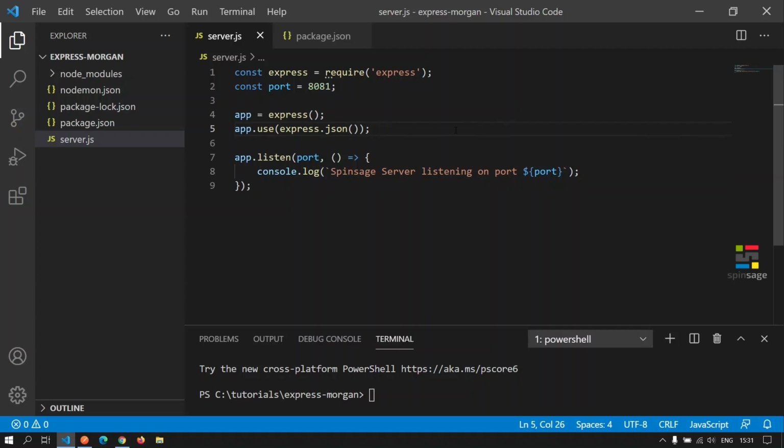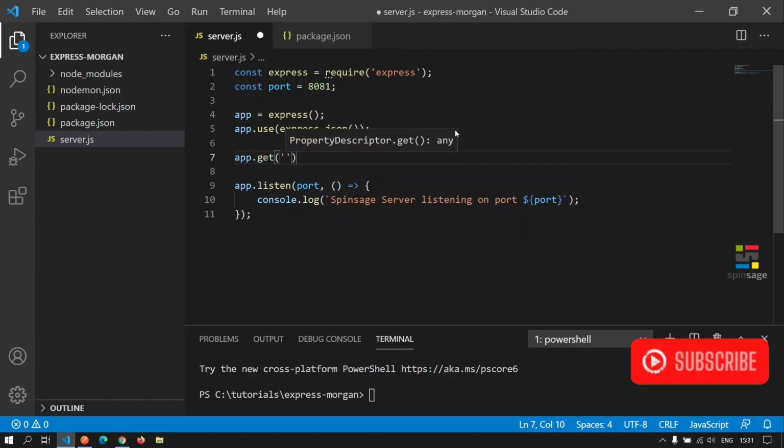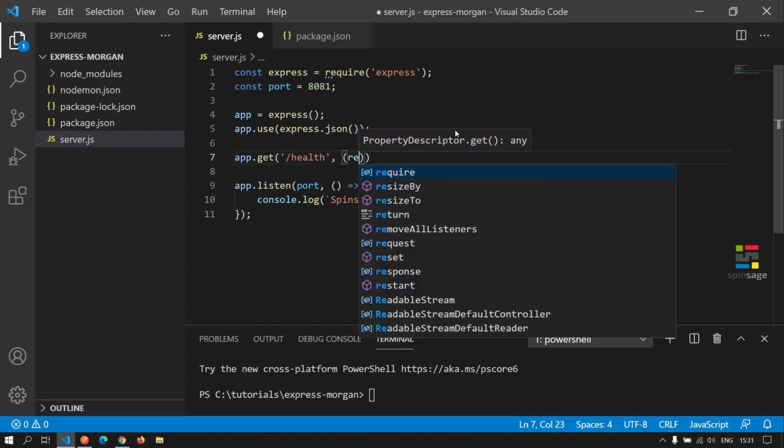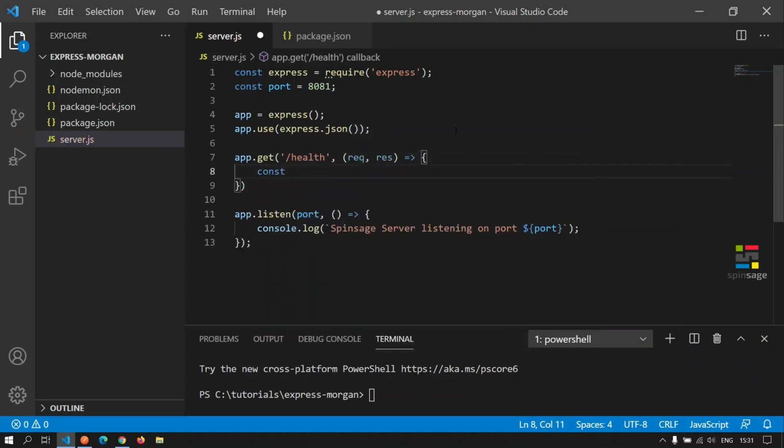So let's implement the API first. We will create an API called health. We will define a hard-coded response value.